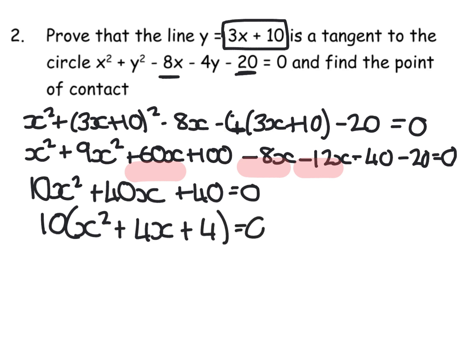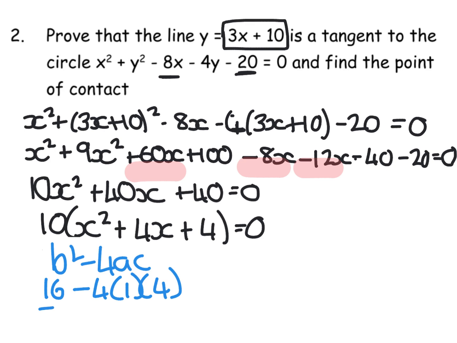Right, not the best examples, I've come out the same thing again, the same trinomial to work on. But just to prove, what you could do at this point is go do the discriminant, though you're giving yourself extra work in. You could say, right, let's do b squared minus 4ac on this trinomial. You would have 16 minus 4 times 1 times 4, which gives you 0. And you would say b squared minus 4ac equals 0. So 1 repeated root,